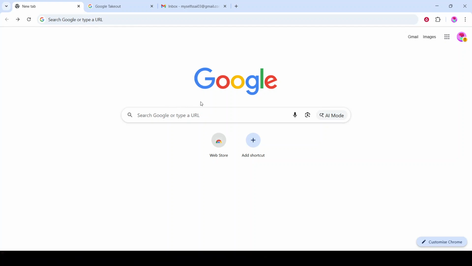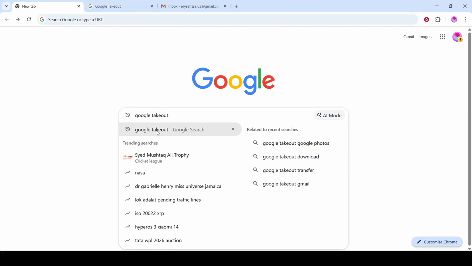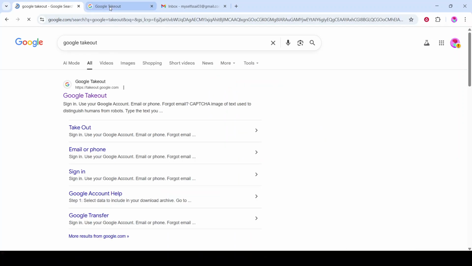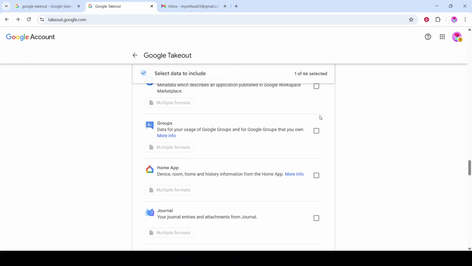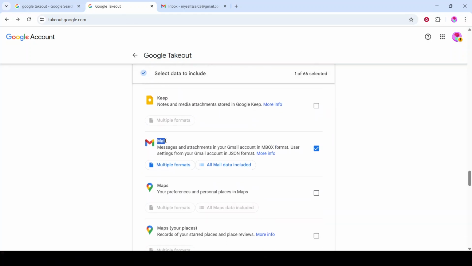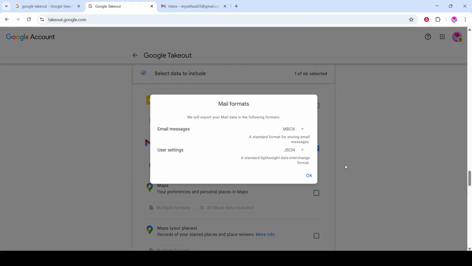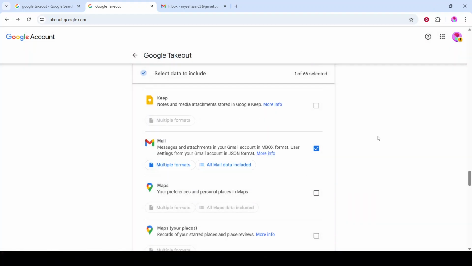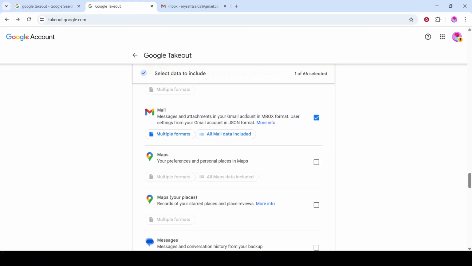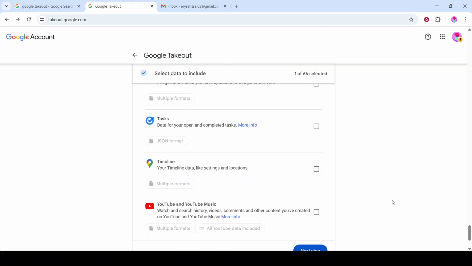For a complete backup of your emails, use Google Takeout. There, you can select Gmail and export your messages in formats like MBOX or PDF. MBOX is great if you want a full archive that you can import into many email apps later, while PDF is better if you need readable, shareable copies of specific threads. Take your time to choose the format that fits your needs, then start the export and let Google prepare the